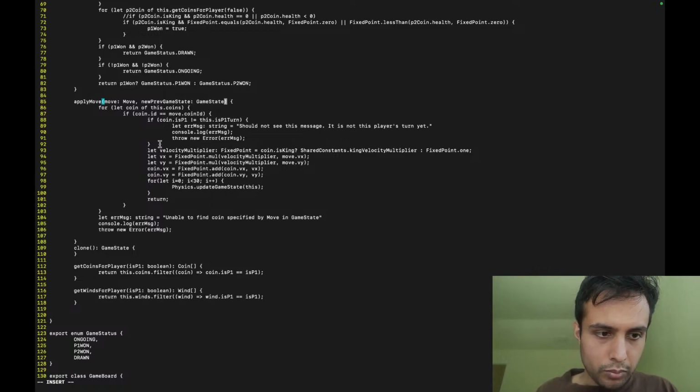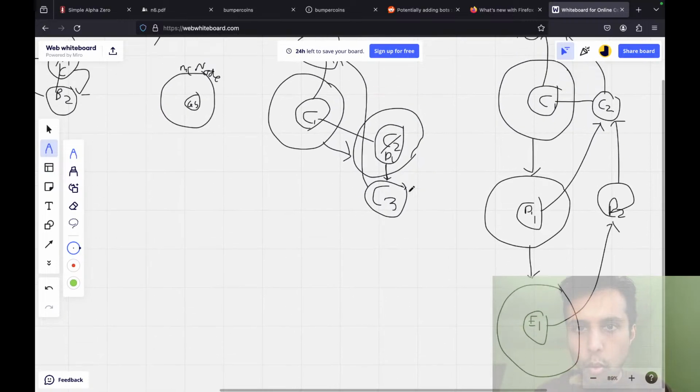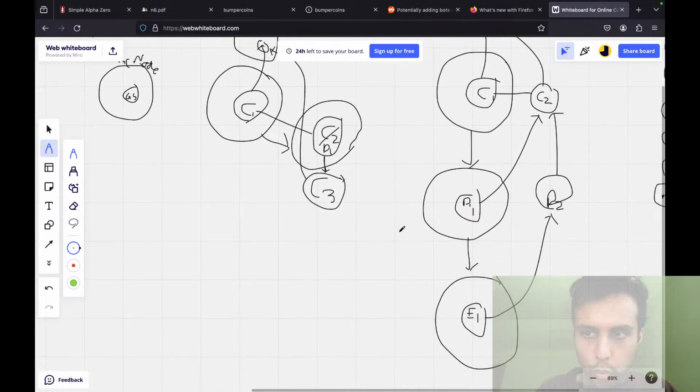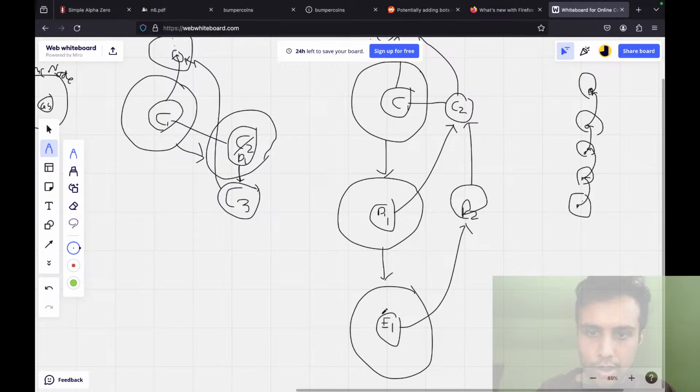Because once we got from C to D, then this D has to point to, rather than this C3 here, it should point to... you see how there are a bunch of arrows going this way, and there'll be arrows going that way in diagonals.